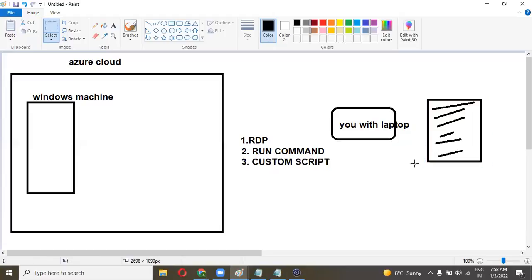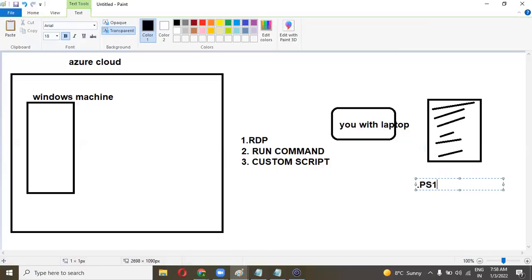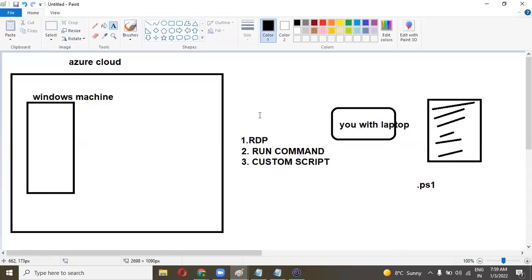You have to write your custom extension file and save this file with the extension .ps1. .ps1 is the extension of a custom script extension. Then you need to upload this file to Azure storage, and then it will automatically execute on the Windows machine.